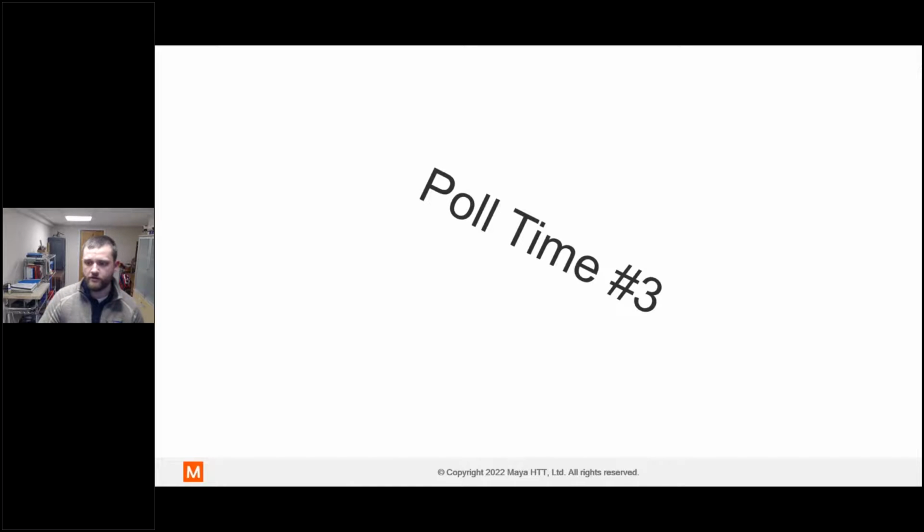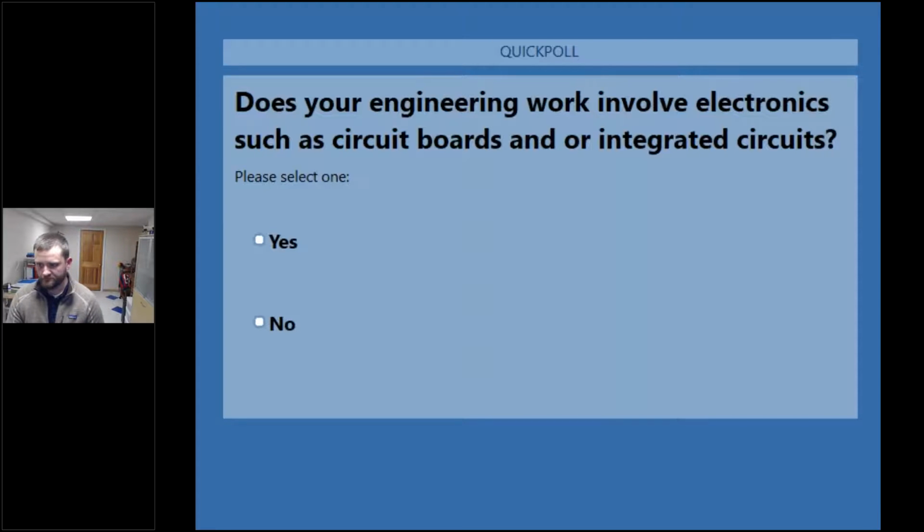And we'll jump into our third poll. So, right now, okay, well, is your work relevant to this? Do you do electronics analysis? Do you design electronics in your business? Are they integrated within the things that you design? And would you really like to be able to understand them better and how they impact your design as far as the thermal effects? It looks like a vast majority of people here do so far. Yep. And that's really what we'd like to show you today, is that you can do that within FlowEFD quite easily.